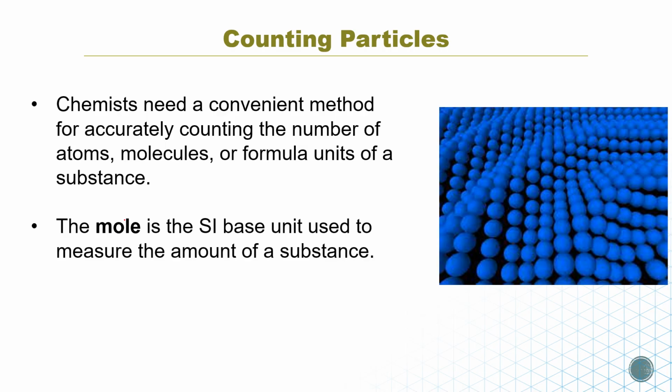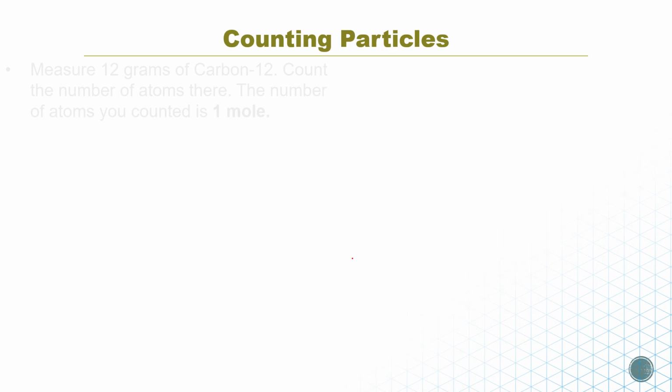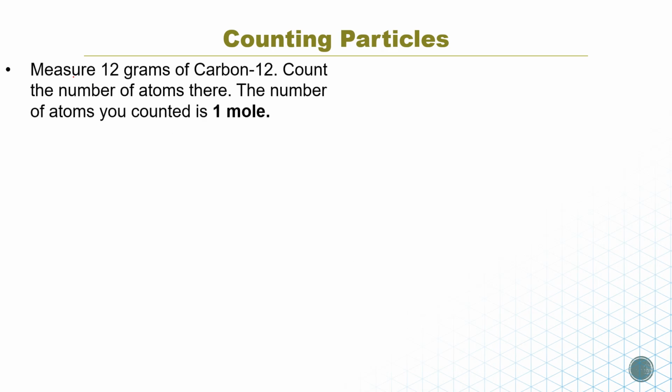So this is what I was talking about. We have millions and millions of particles, so we usually use the moles to count or measure the amount of substances. نستخدم المول لحساب كمية المادة. So what did scientists do? كيف هم عرفوا المول؟ كيف اجى تعريف المول؟